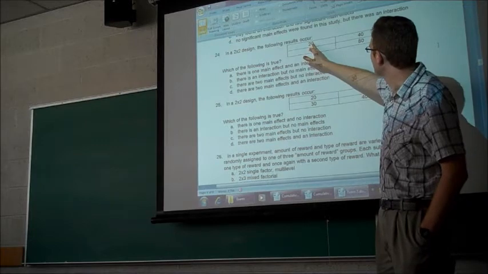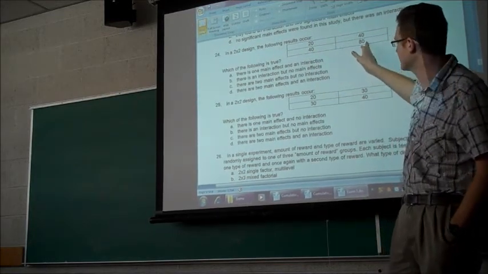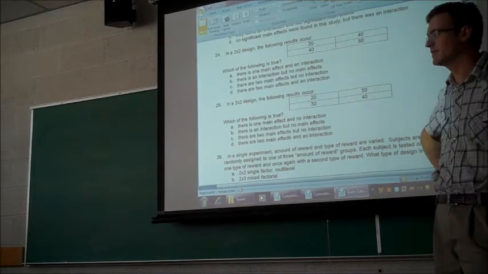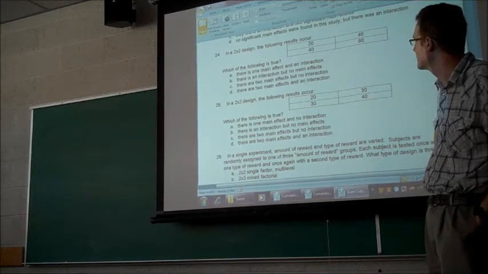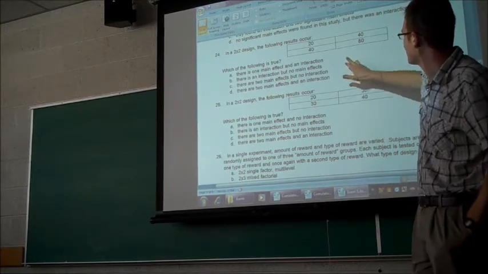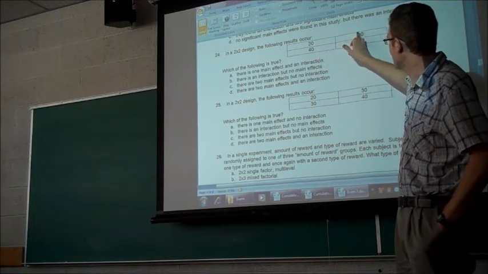And then here we have an increase of 20 and 40, just like before. So that's all consistent. So you've got 2 main effects, but no interaction there because you didn't have a larger change